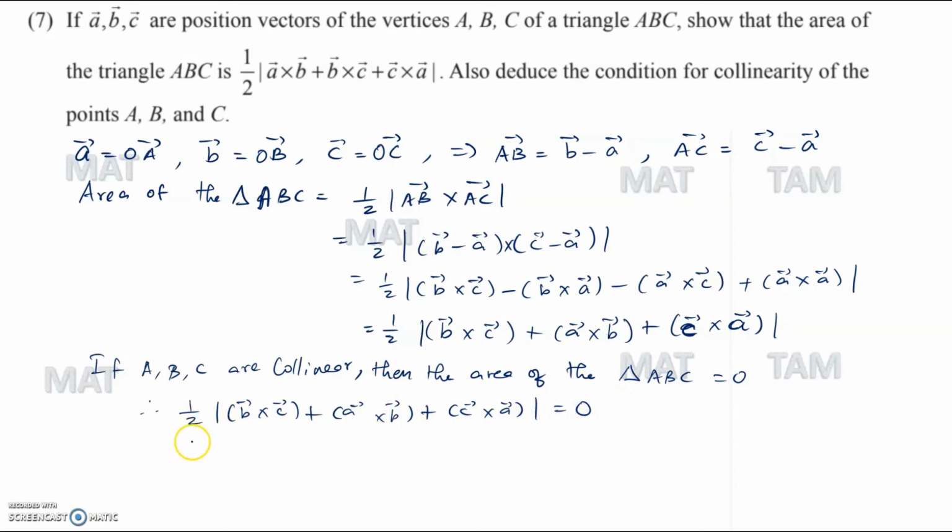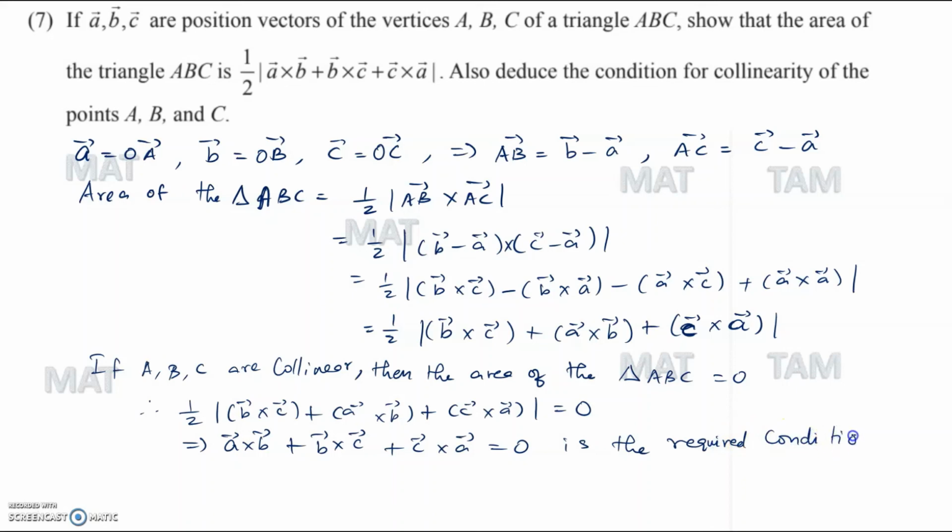So further simplifying this, by taking the 2 to the other side and opening up the magnitude, we can say that A cross product with B plus B cross product with C plus C cross product with A is equal to 0